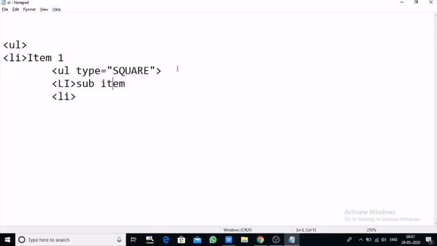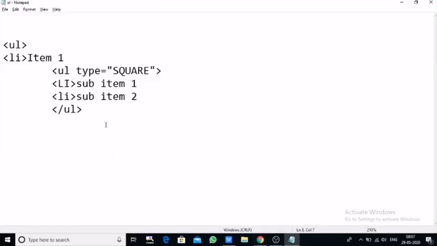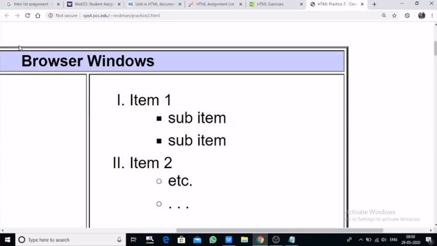I am writing it as sub item 1, better not to confuse, and here also write sub item 2. Now end this with ul. We need to end this with ul because there is no continuation of this one over here, and then item 2 is coming. In continuation again write only li, no need to